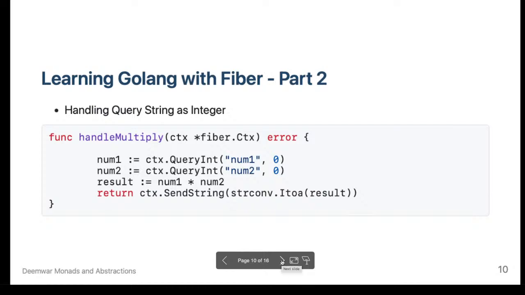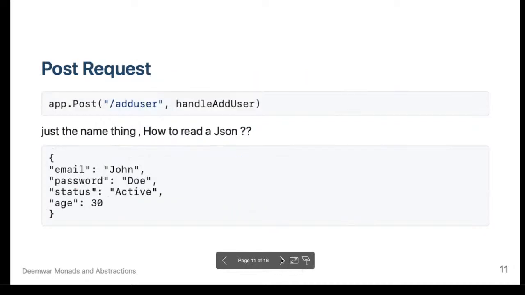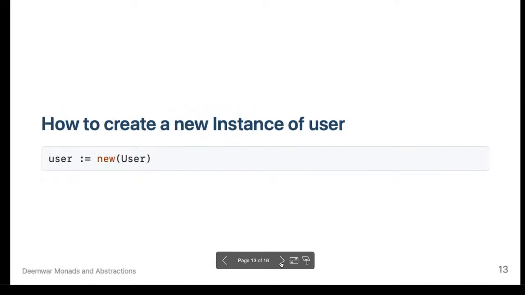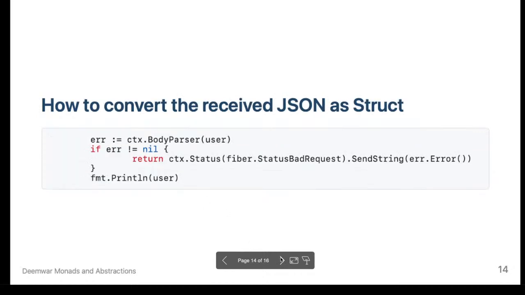The idea is how we can get the query as a query integer and then send the value. The next thing is we tried to see how to have a post request and then send the value back, and how to construct structs so that the JSON parsing will be done automatically on its own. How to create a new instance of that particular user struct, with the new keyword followed by that,